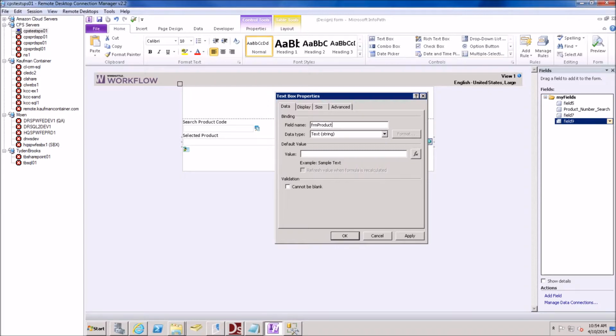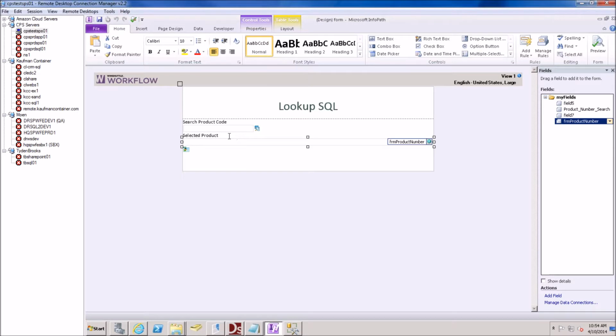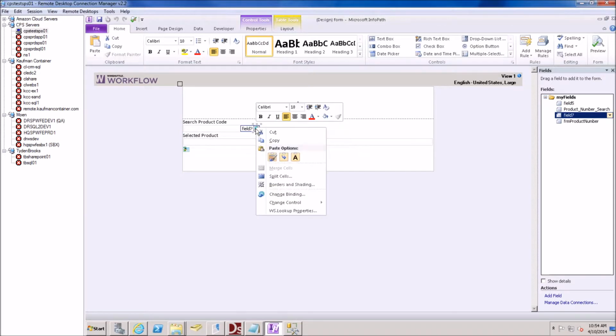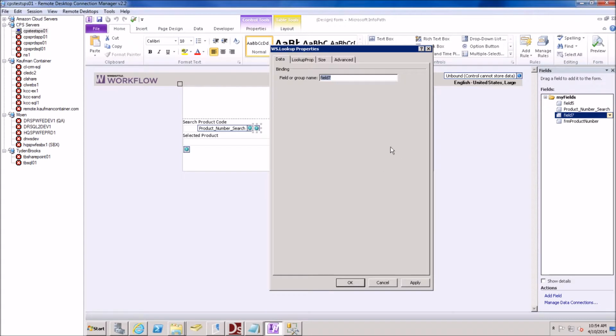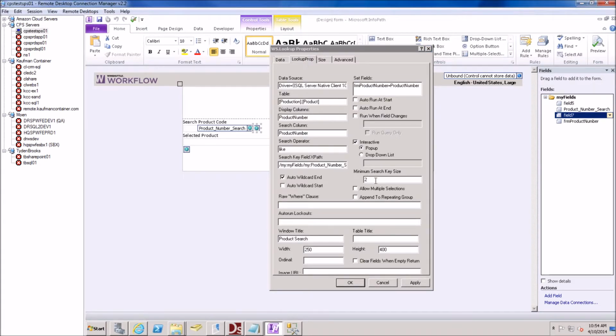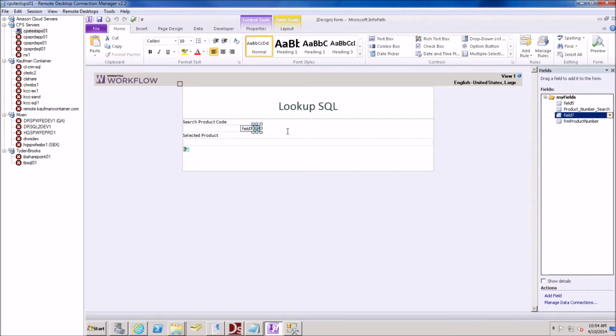FRM product number. Alright, and that's it. We're going to have them type a search up here, so type a 2-digit product code. They have to at least put in 2 digits according to our lookup control. We said at a minimum you have to have two characters. And once you have 2 characters, you're going to click our hourglass here, and then we're going to have a